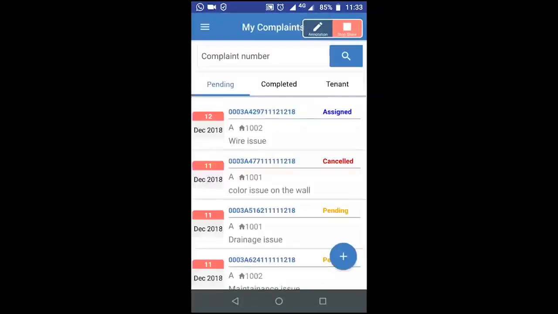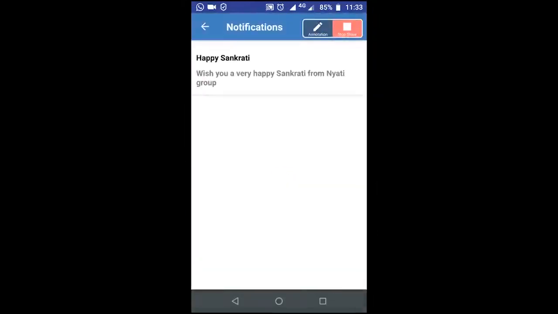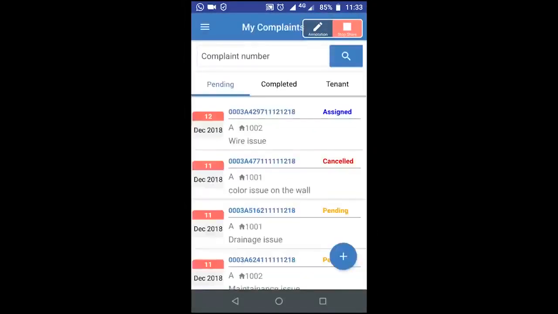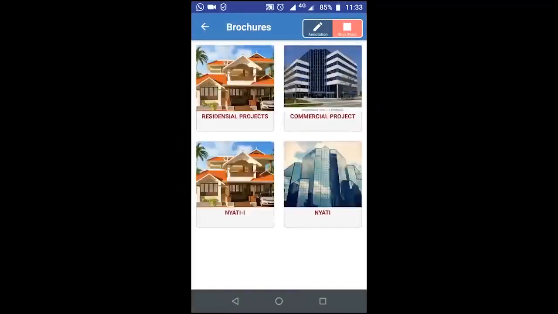You can simply send a request. Then there are notifications. We can see all the notifications given by Nyati group. On the brochures, we can see all the images of the brochures. We can click on an image to go to the details of that brochure.